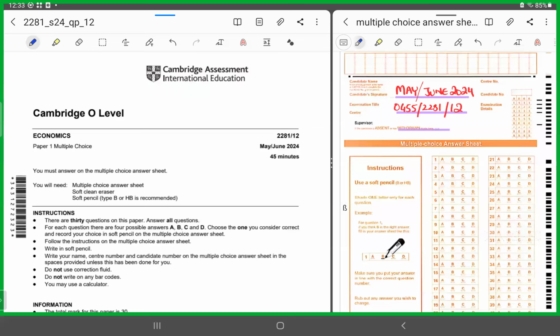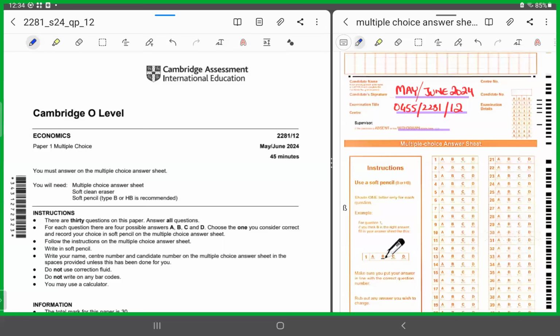Well, today I brought for you all the May-June 2024 paper 2281 and 0455, variant 12. Now, this paper was a very interesting one. Why? Because there were a lot of questions that were repeated, and there were a couple of questions which were not difficult, yet there was a trick in those questions. After the paper, the feedback I received from students was that they got a little confused. Once we are doing those questions, I'll refer to which questions those were and how we should address them.